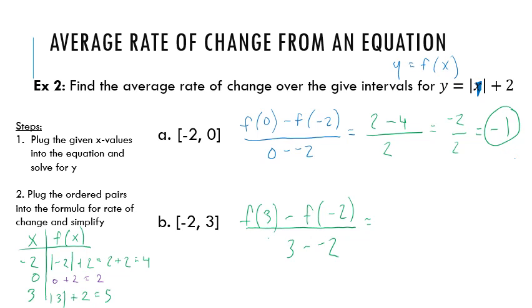And then for part B, f of 3 was 5, f of negative 2 was 4, and 3 minus negative 2, that's 5. So 1